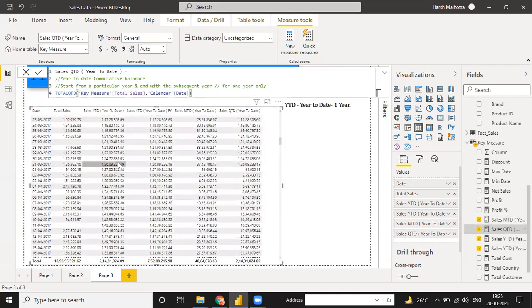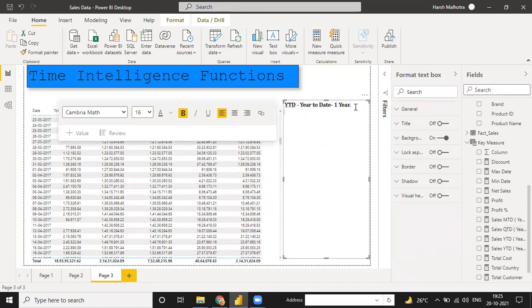On 31st March it will give you the total, and then starting from next April. Okay, so these three functions, guys, are very important, whether it's used by financial year or by normal calendar year. So any doubt in this? This is our time intelligence function. Very important time intelligence function in financial sector or sales data.